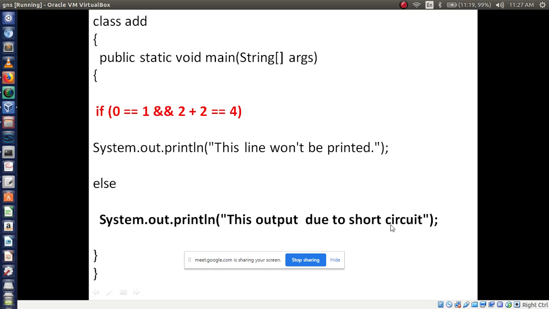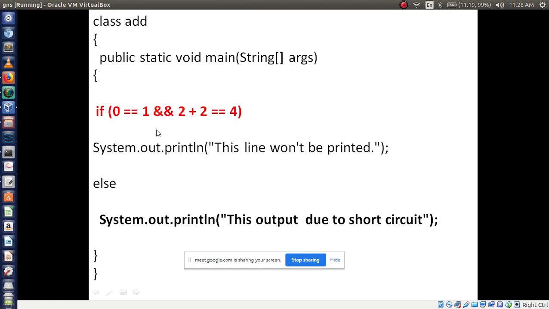That we can call short circuit. Whenever one condition is true and one condition is false, in that case the total short circuit AND becomes false. If the condition becomes false, execute the false statement. This output is going to display due to short circuit. And if I write here 1 equal to 1, this condition becomes true, and at that time this line is going to execute. But here our one condition becomes false, so that's why it is not executing.